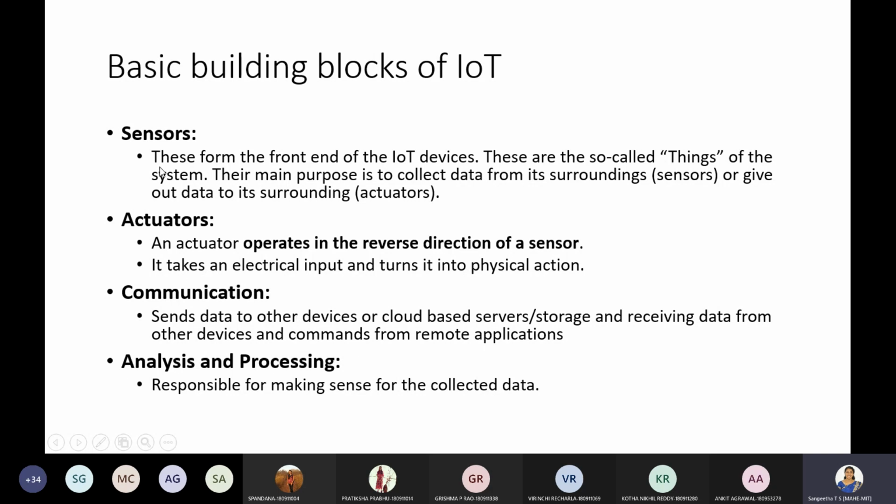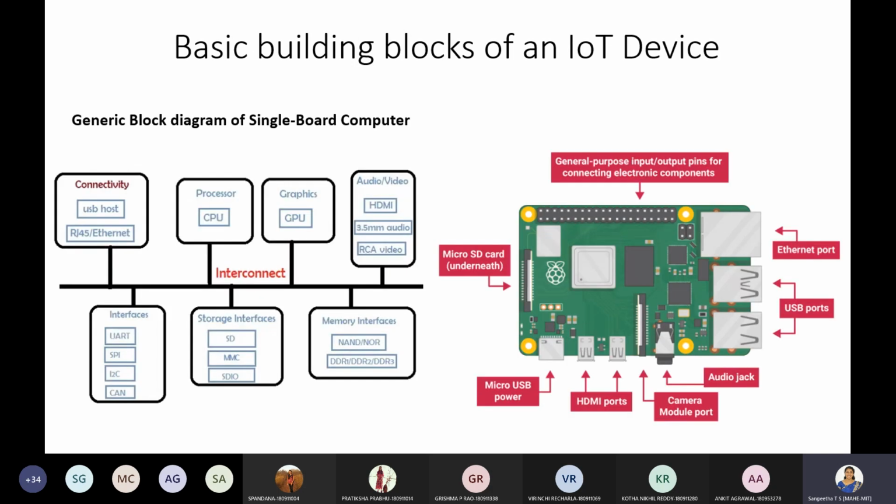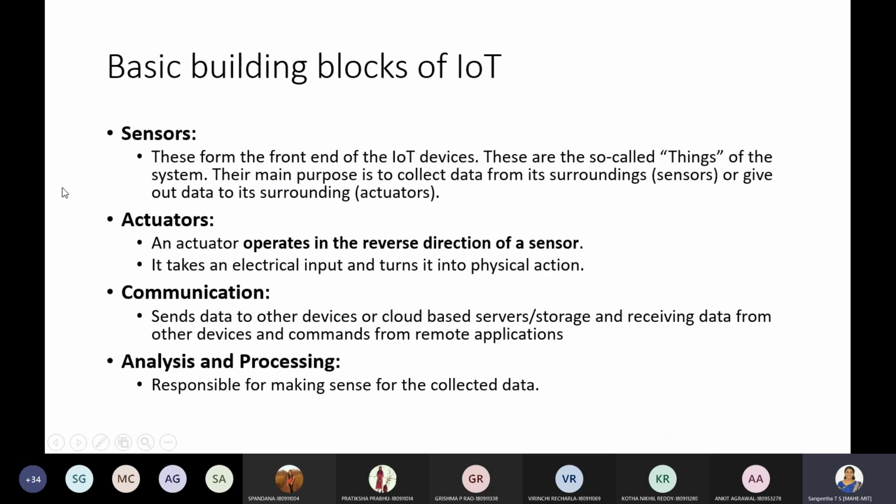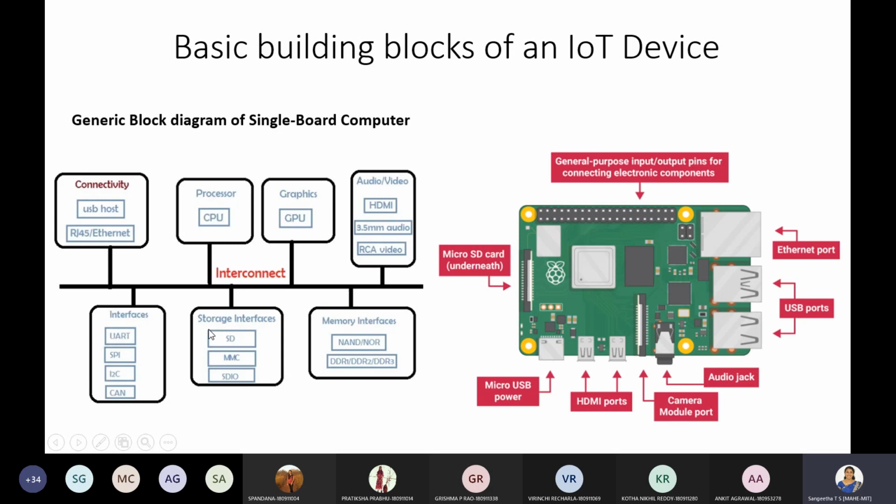We have already discussed these, so I don't think you need further explanation for that. Let us go to the building blocks of an IoT device. The first thing you can see is the sensors, the actuators, then the communication part, and the analysis and processing parts, right? In order to coordinate all this, there should be an IoT device, which is